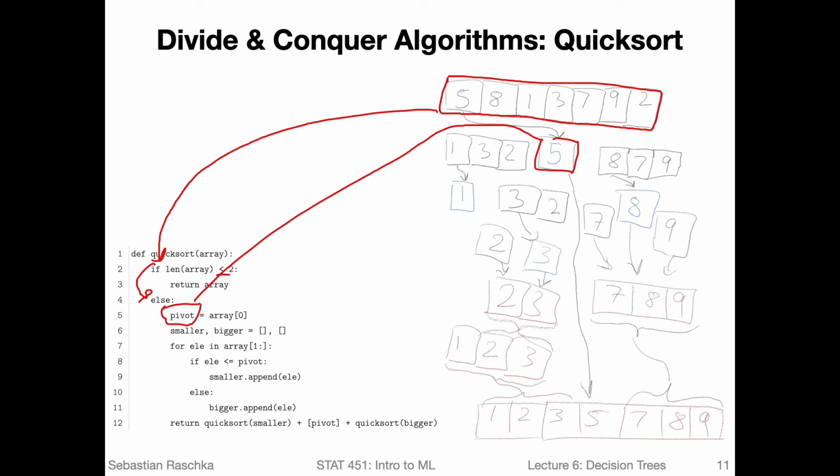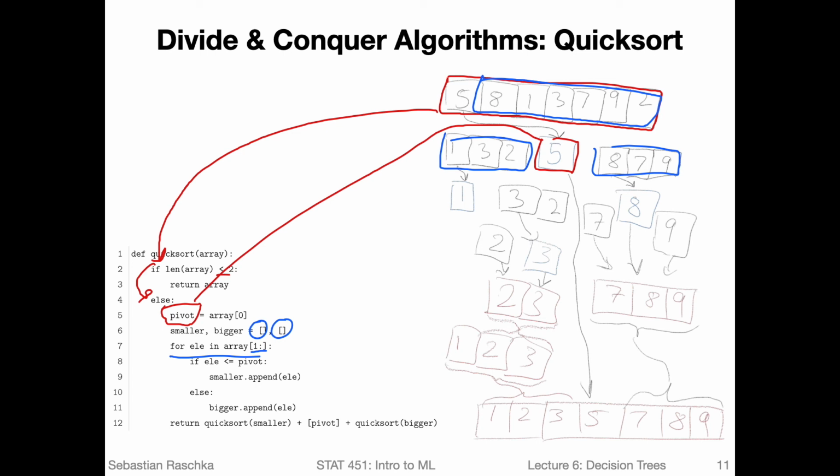And then we make a list for smaller and bigger. So here on the left hand side, this is smaller and bigger. Here I actually already have the values inside because we do this for all the other elements in the array. So 1 colon, that would be all these here to the right of the pivot. For all of these elements, we are checking whether they are bigger or smaller than the pivot.